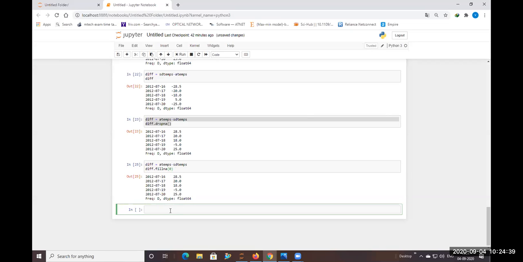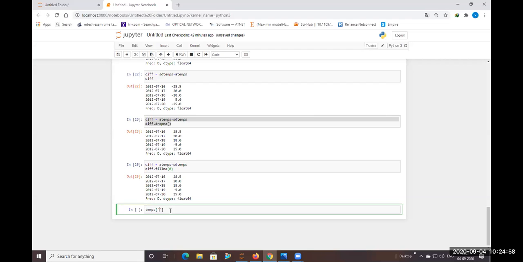And next, if you want to see on temps the difference of both the places, you need to see the difference within the respective data itself.